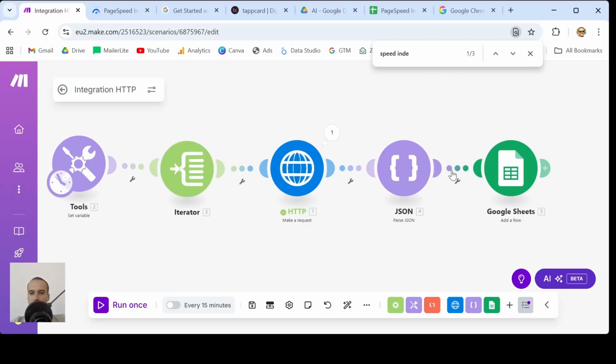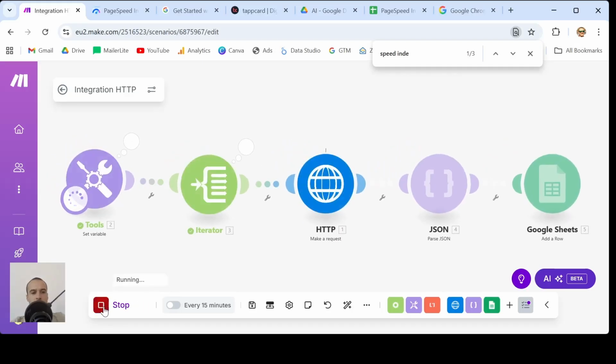So what we have to do now is let's unlink these two for a moment. We still don't want, no, we can actually leave them connected just to make sure the date comes correct. So now we'll run a test. We'll hit run once, and as you can see here,